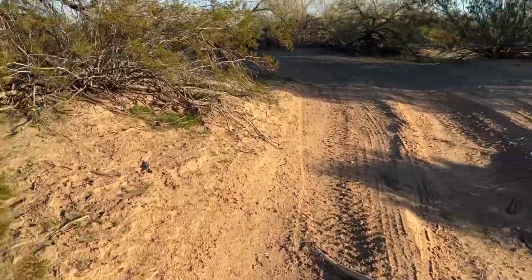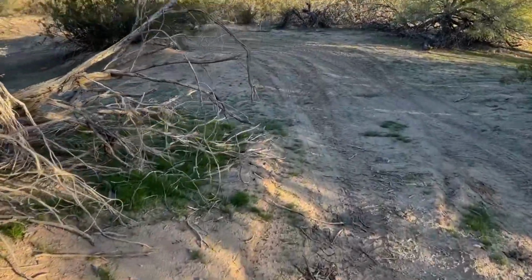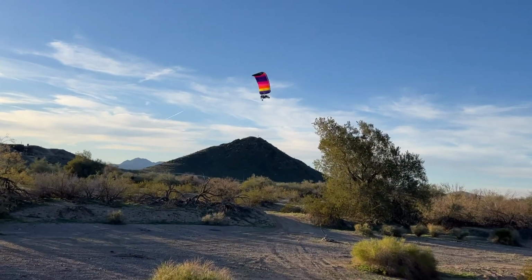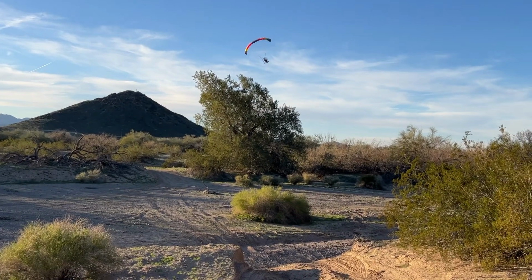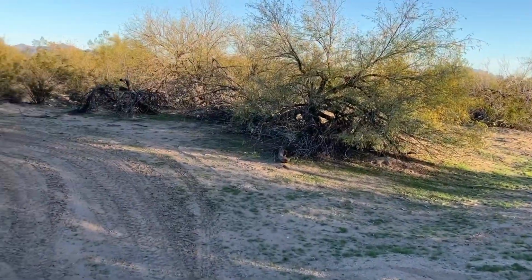That was it. And you can hear the paraglider flying over me. He's right behind me in the background. There he goes. He's pretty close. He's encircling that camp we're supposed to walk by. But as we go along,